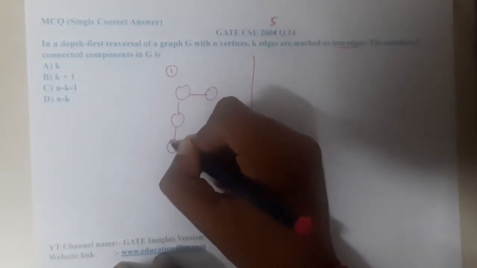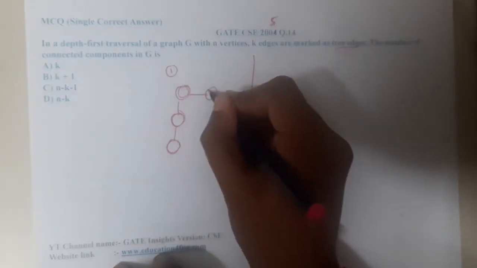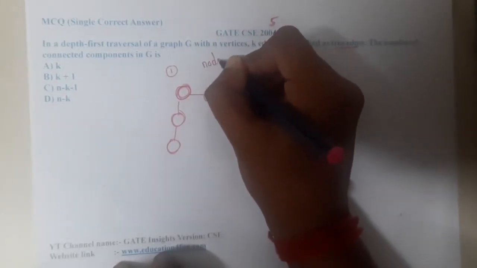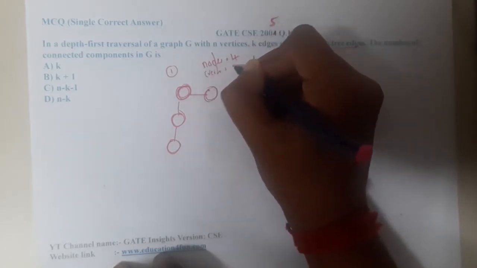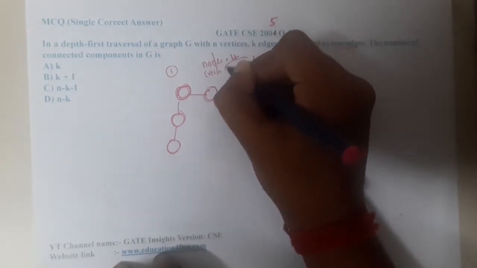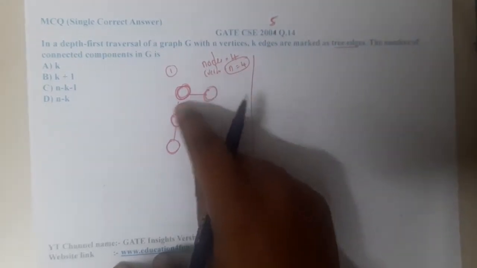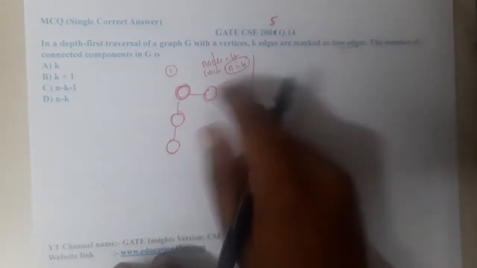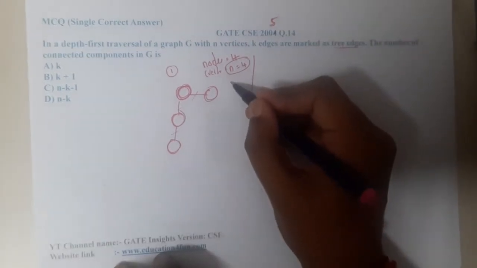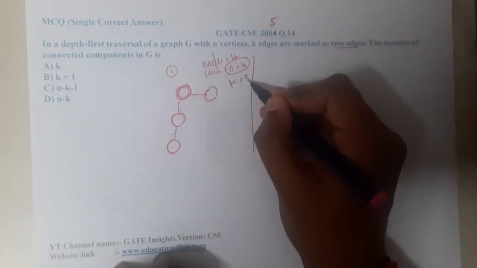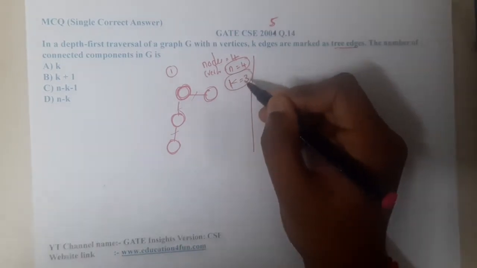Okay. Yes. So how many nodes is it having? So it is having nodes, okay, equal to 4. Nodes are called vertices in graphs. So n is equal to 4 in simple words, okay. So how many edges are we having? The tree edges. Tree edges are nothing but the minimum number of edges, okay. So 1, 2 and 3. So the minimum number of edges k is equal to 3, okay. Yes. So now we got this, right?